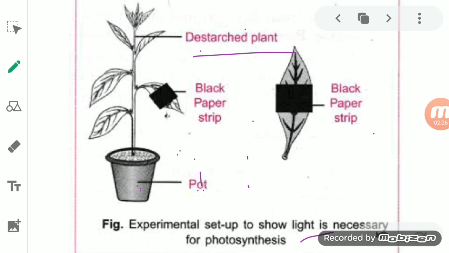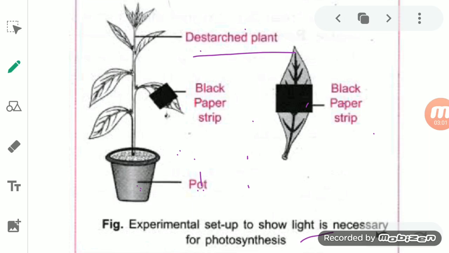Now what we will do? Now we will take a thin strip of aluminium foil. This is the black paper strip, or you can take aluminium foil. You can see the aluminium foil while covering the food material. When you take your tiffin, then you used to cover the chapati in aluminium foil, so that it will remain hot.